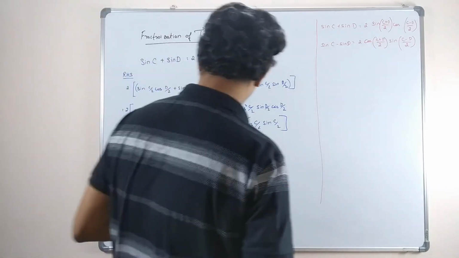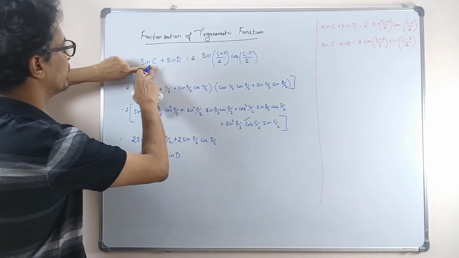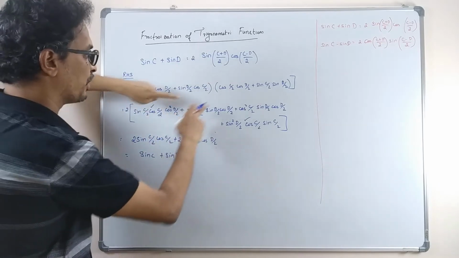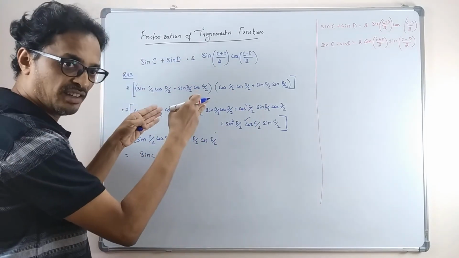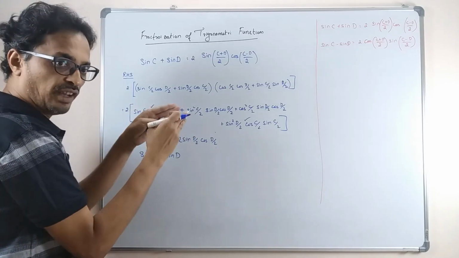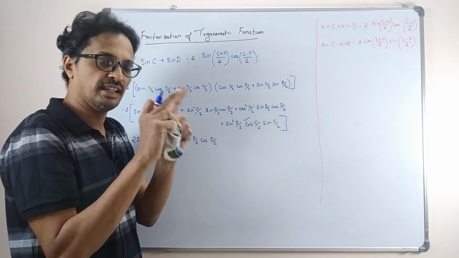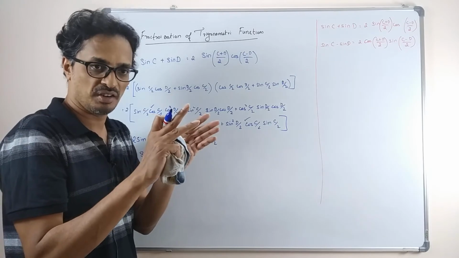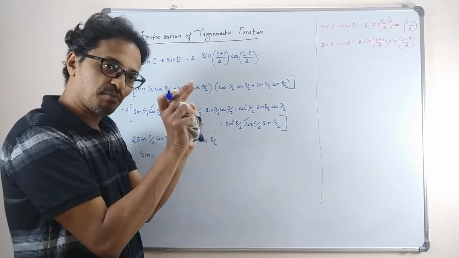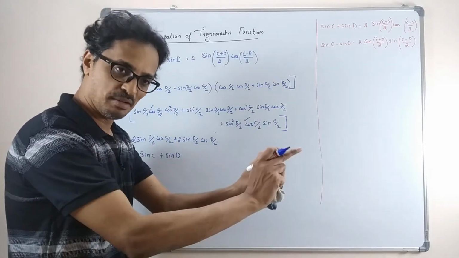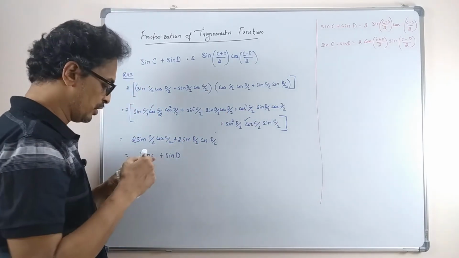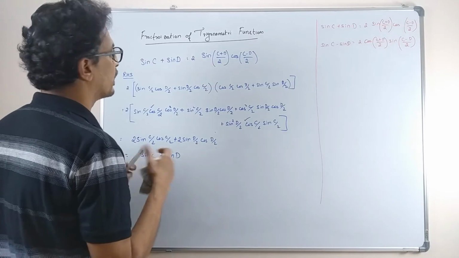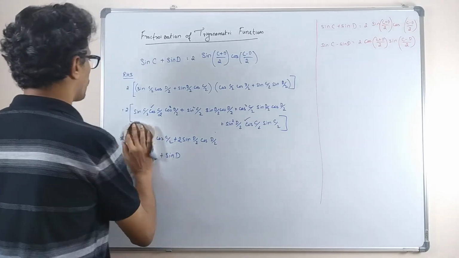Okay? Or if you wanted to start from here, you expand the sin C as sin C/2 and then you have to add up this value, then you can get it. Bring this, multiply them with a 1. Because sine square theta plus cos square theta equals 1, you can multiply that product with any number, divide with any number, because it's 1, right? And then you can expand, you get the same value. Okay? So either way you can actually prove this